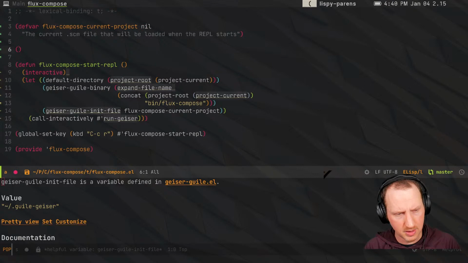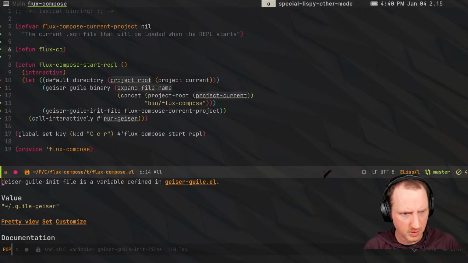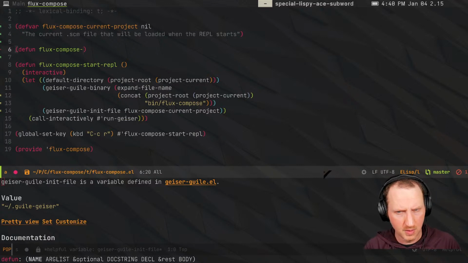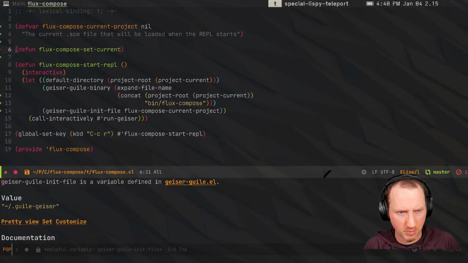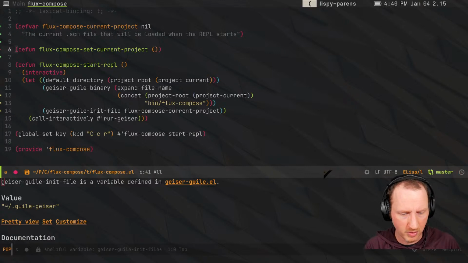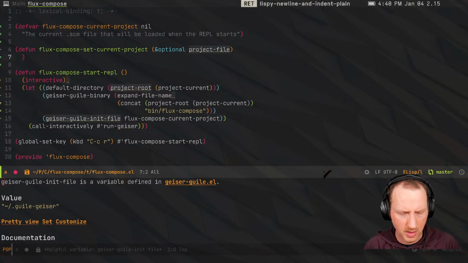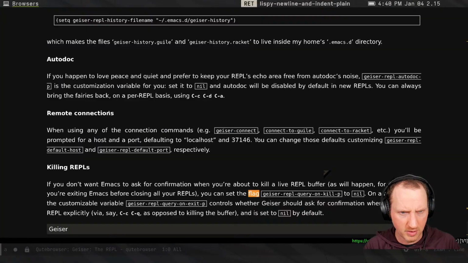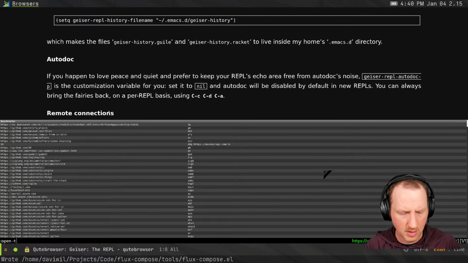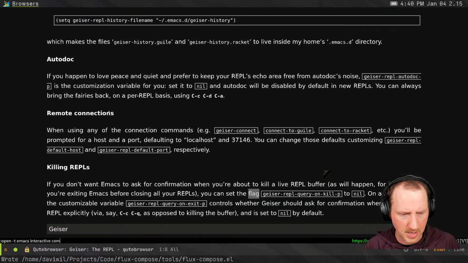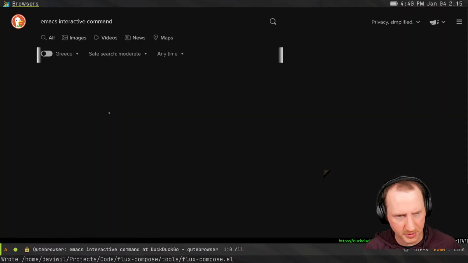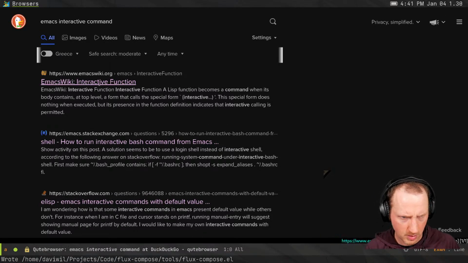So I could set, let's see, defun, flux compose, what's a good name for this? Set current project. It's not a good name, but that's what we're gonna go with right now. Optional project file. Interactive, let's see, which one is interactive? Is F? Let's see. Emacs interactive command. I need to find what the prompt variables are, basically. Interactive function,